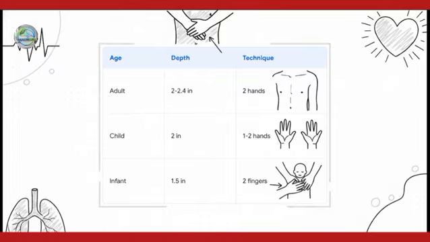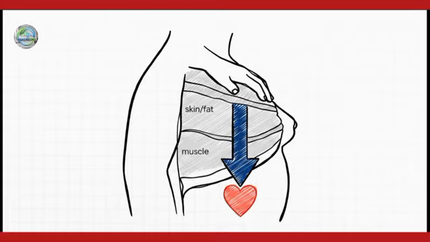Lock those numbers in. But wait, there's a really important exception here for bariatric or severely obese patients. That standard 2 to 2.4 inch depth we just talked about, it is simply not going to be enough for, say, a 400-pound adult. In these cases, you must compress 1/3 the depth of the chest. You literally have to penetrate the fat, the muscle, and the breastbone to actually reach the heart and pump that